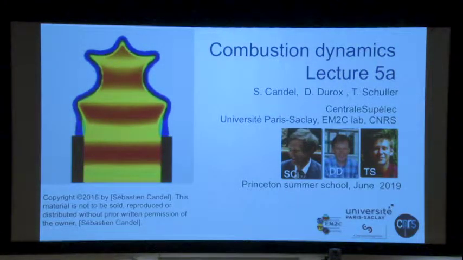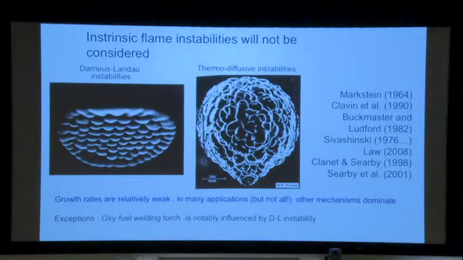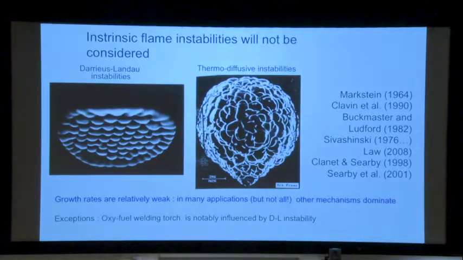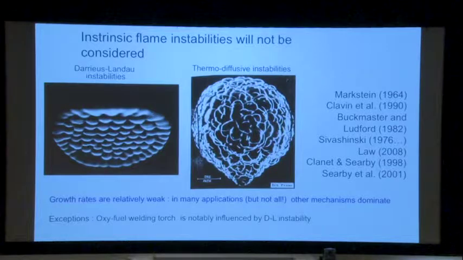Again, we continue on perturbed flames, and let me just tell you also that there are many other possibilities for flames being perturbed. You have what is called the Darrieus-Landau instabilities. Flames, there is no acoustics here, the flow doesn't have any perturbations, and nevertheless the flames develop wrinkles, and you have beautiful experiments of that kind. You have also instabilities which are related to thermodiffusive effects, the Lewis number, sorry, when the Lewis number is different from 1,